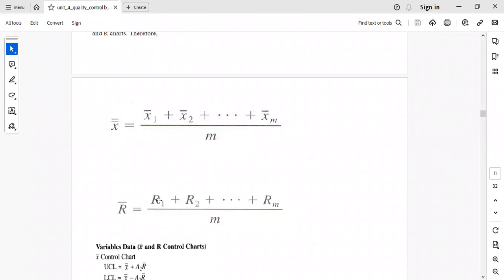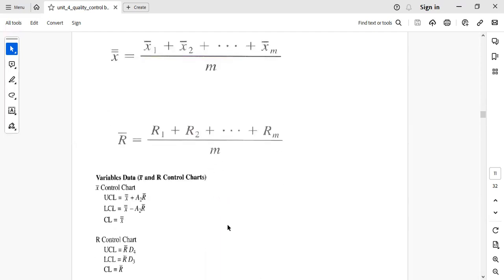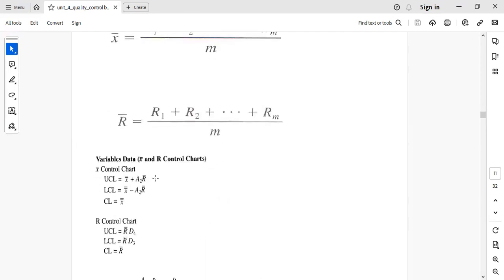Then again, from each sample you calculate the range, that is getting the smallest and largest value from each, then you get the range. Depending on the number of samples you have, you get all the ranges, then you get a mean of the ranges, that is, adding all of them and dividing by the number there. So you can appreciate these are